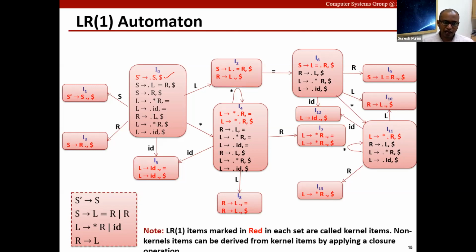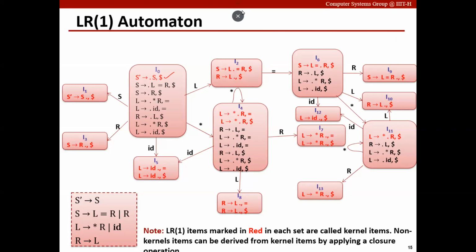If you don't have this grounded, then the next set of ideas that we see in the next class will not be clear to you at all. So please review this material before you come to the next lecture on Saturday. On Saturday, we will see how we can use this constructed LR1 automaton to guide the parsing process. That's all for today.